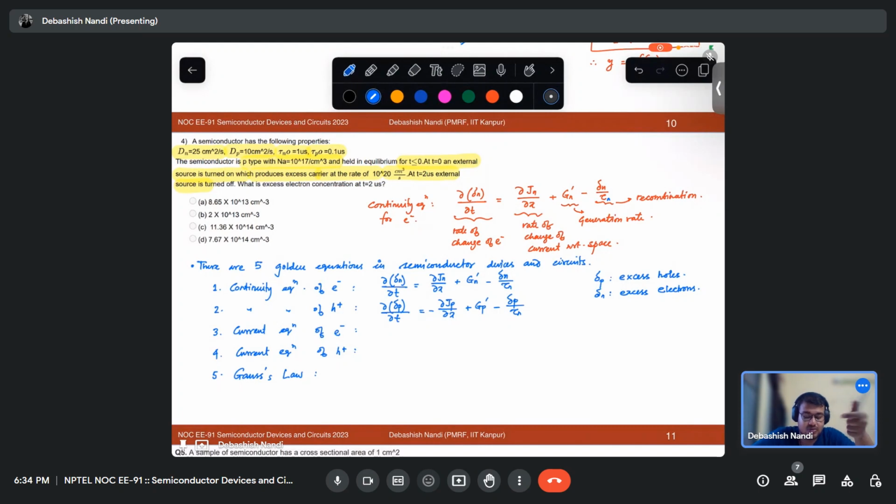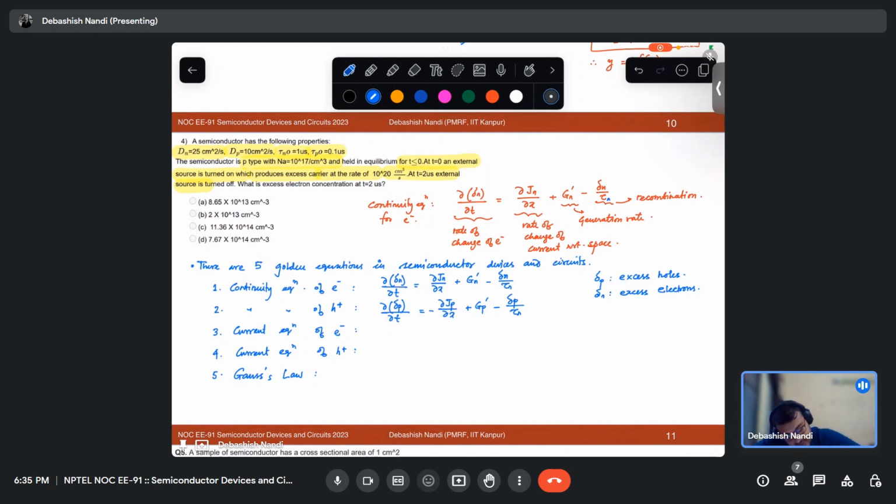So these dp and dn are not due to the doping, but on top of doping, due to some other mechanism. Either you shine light on top of it, or you apply some bias, or you keep some thermal gradient. So you disturb the equilibrium. The concept of Fermi level or the equilibrium concept will not be valid then. You will have the quasi Fermi level concept. Those we will discuss later.